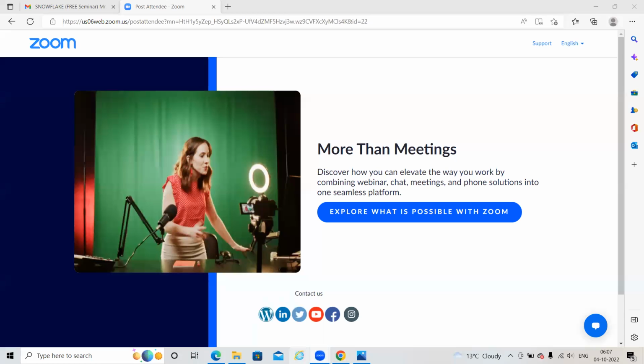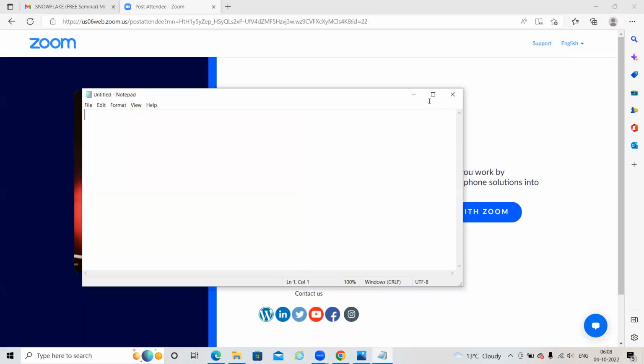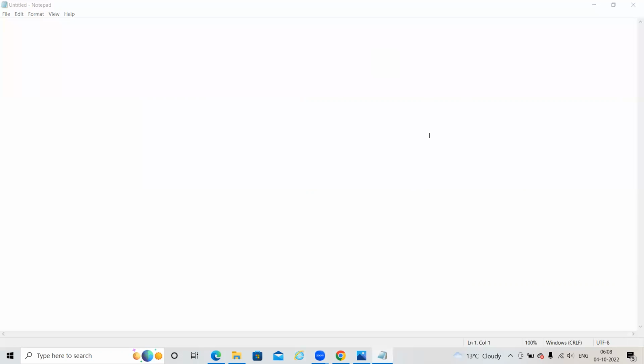Then can anyone let me know any idea? I'm not talking about Snowflake or any other particular database. I am speaking of databases in general. How is the data going to be stored in the database? Not a particular Snowflake or Oracle or Teradata or SQL Server.